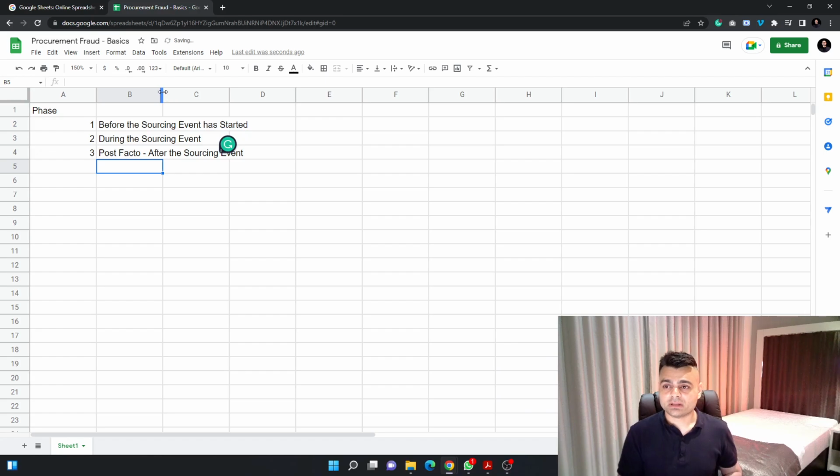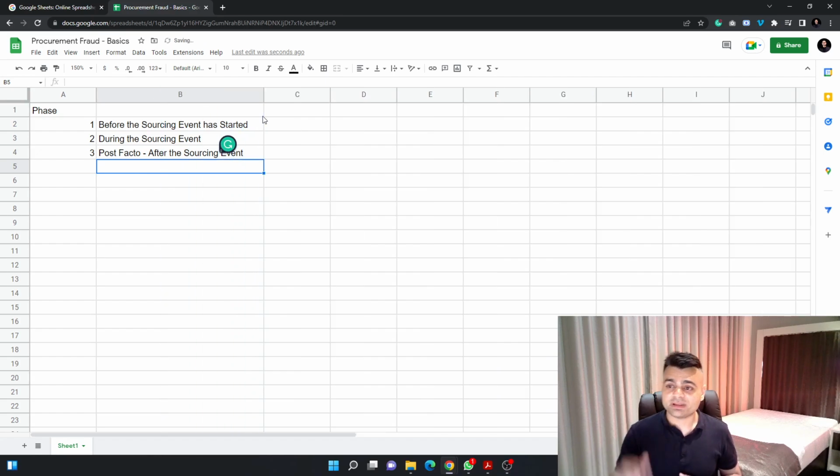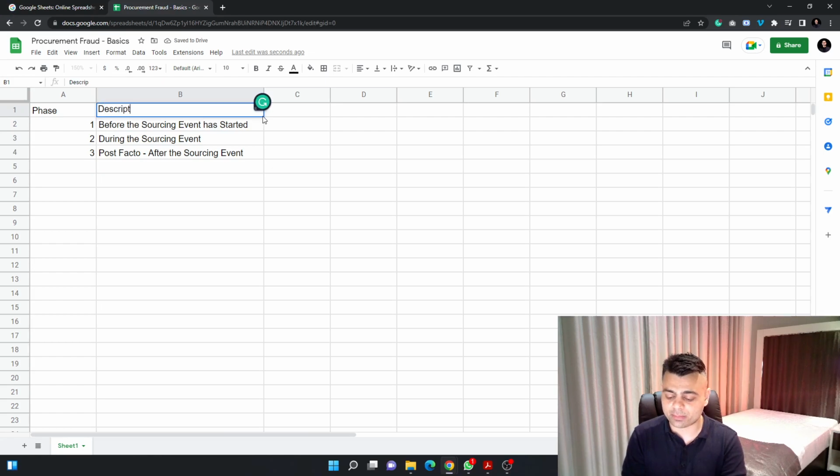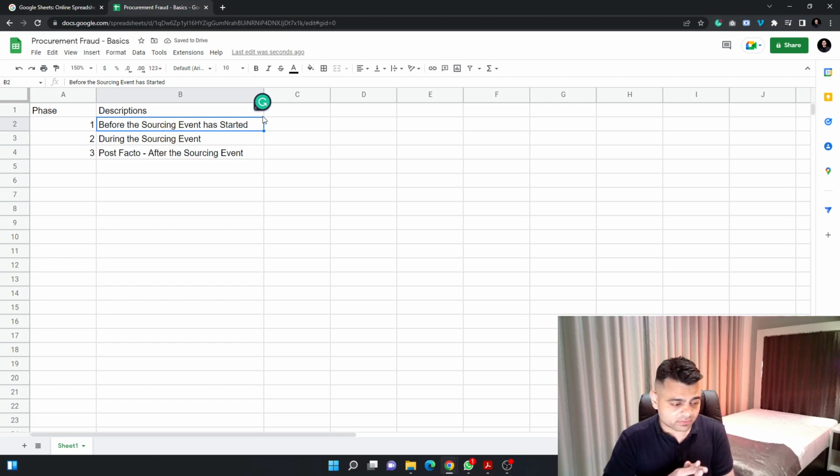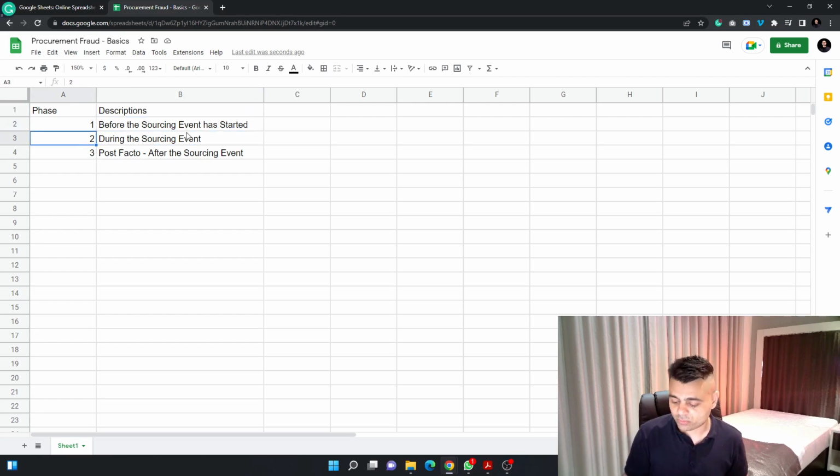Now what I'm going to do is, for each of these phases, I'm going to describe a couple of use cases to give you some sort of insight into how to detect some of the frauds that can happen or are even happening today. So let's jump right into it. I'm going to move these two here,